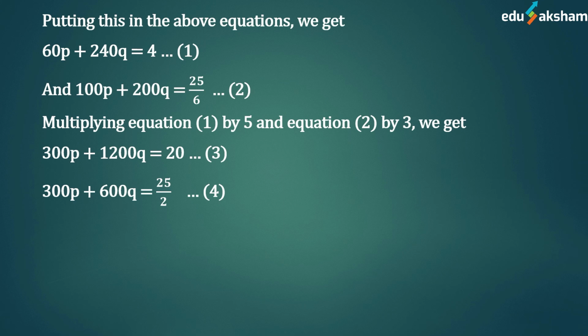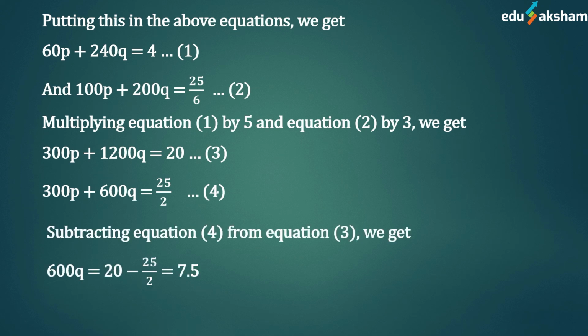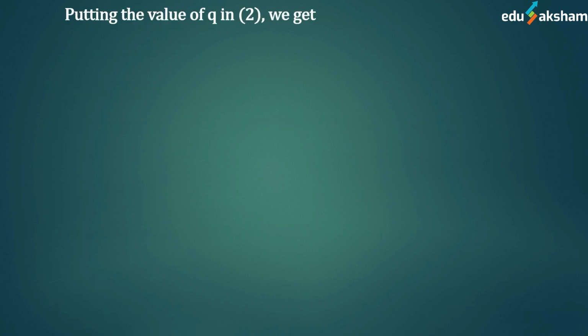हम ये देख सकते हैं कि दोनों इक्वेशन में 300p is a common term, तो 300p will get eliminated and we will get 600q equal to 20 minus 25/2, which is equal to 7.5, and we will get the value of q as 7.5 divided by 600. अब q के इस वैल्यू को अगर हम इक्वेशन 2 में पुट कर दें तो हमें मिल जाएगा 100p plus